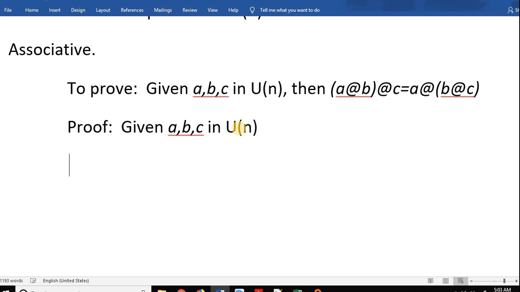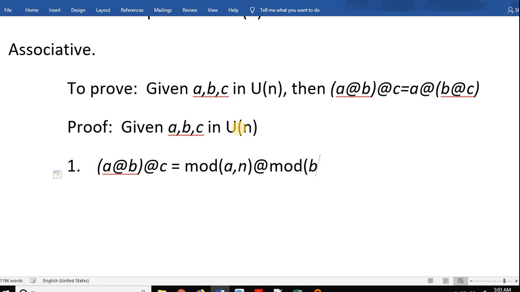So let's do number 1. We'll have a at b at c is equal to mod of an at mod of bn